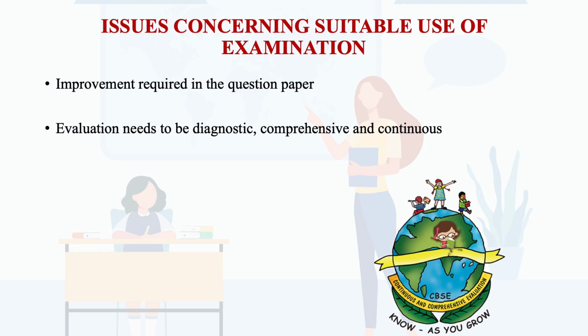And further, evaluation needs to be diagnostic, comprehensive and continuous. I have already discussed that evaluation should be continuous, it should go with the teaching and learning process, but at the same time evaluation should be diagnostic and comprehensive. Comprehensive means it should include development or assessment of all the aspects of a child's development. It may be development in the scholastic areas or in the co-scholastic areas. It should address the attitude of the learner, the creativity of the learner, the intelligence of the learner, with academic achievement and other personality factors also.